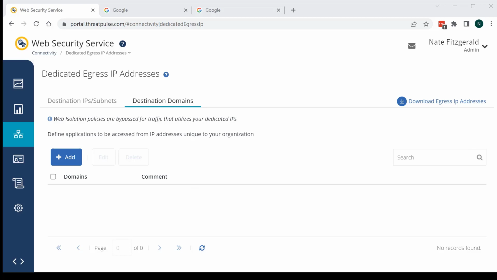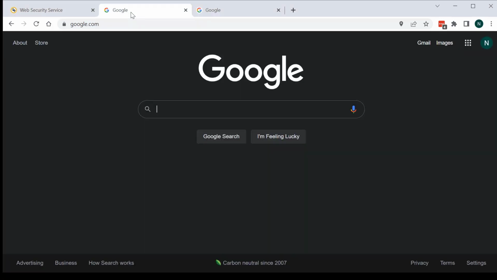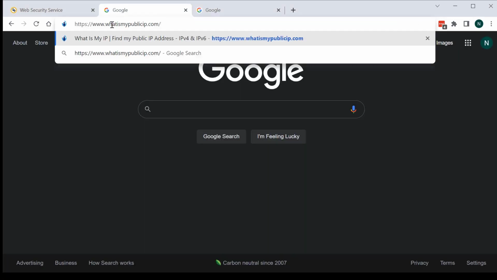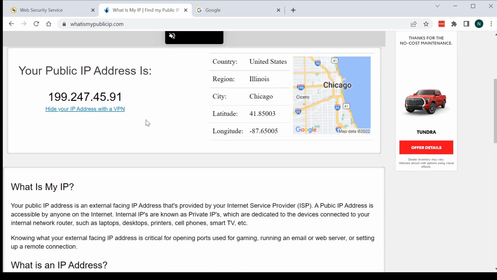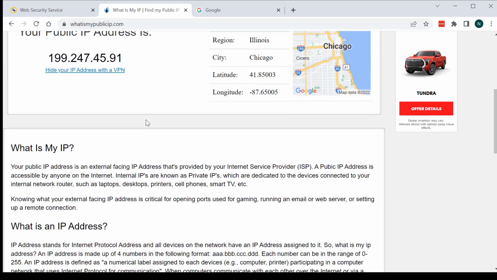And what we'll do now is set up a baseline to do our demo. And to do a quick baseline, I'm just going to use a third-party website. This one's called whatismypublicip.com, and it's a very simple website. It basically will just show us the IP address that it sees the request to the website coming from. And this IP address is part of the general pool of addresses that we operate out of our cloud.